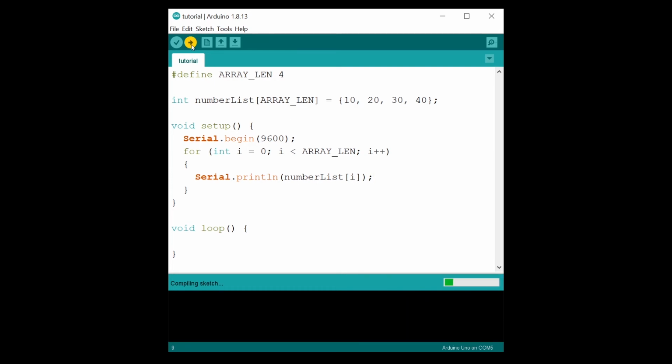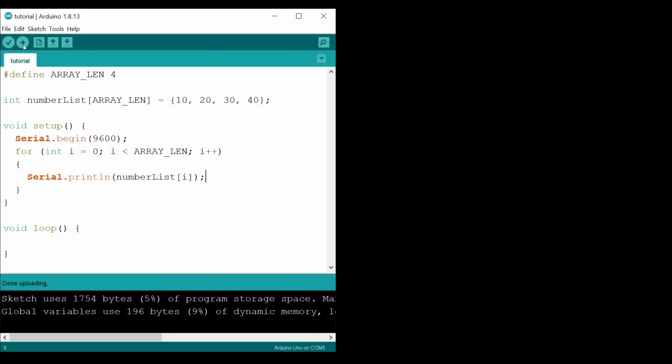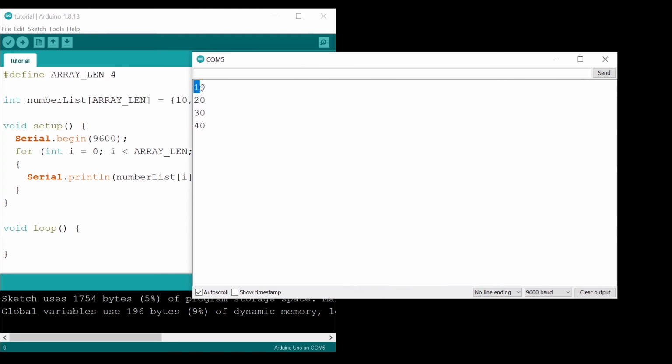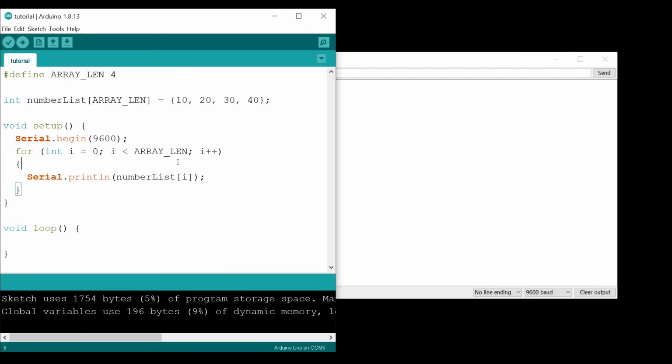So we can upload. Okay, done uploading, so I'm going to open the serial monitor. This will also reset the program, and you can see we have 10, 20, 30, 40. So it worked. Now, if you want to make it nicer, you can, for example, add another